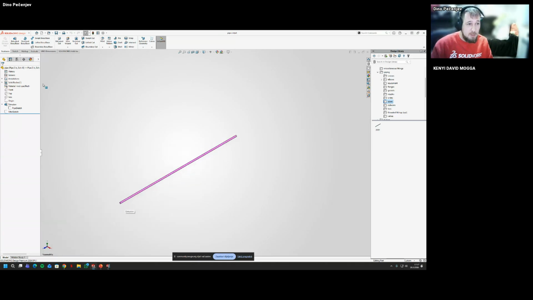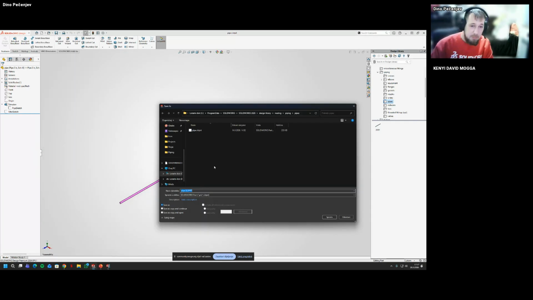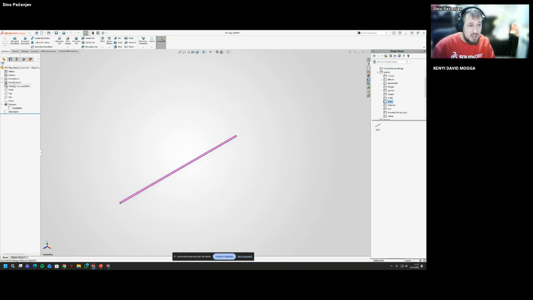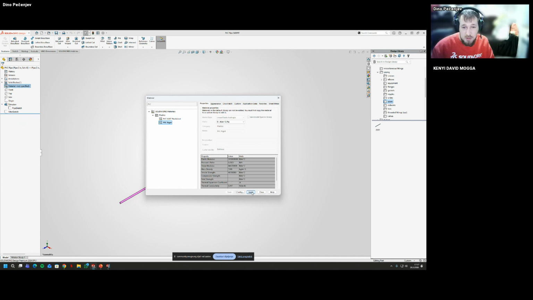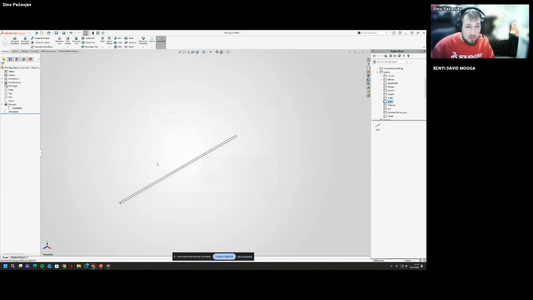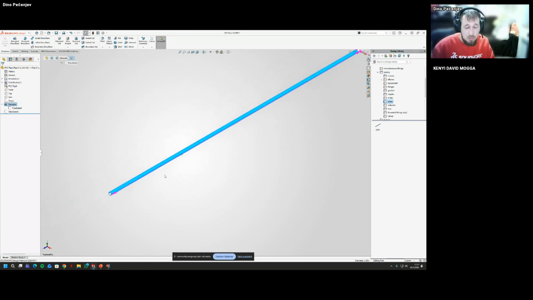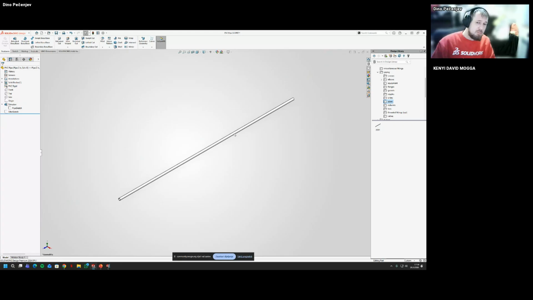And for this example, what I'm going to do, I'm going to do, say, in the same folder, and I'm going to name it PVC pipe. So regarding that material, I'm going to edit material. I'm going to set material, which is going to use PVC rigid, apply, close, and it will be white color. White color is okay because it's going to be different than the pink one we used before.